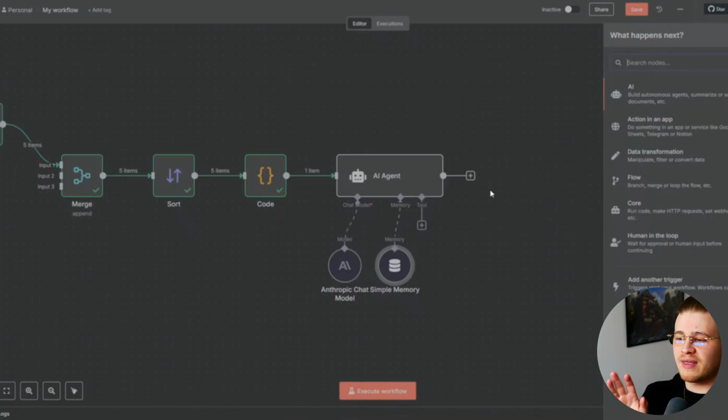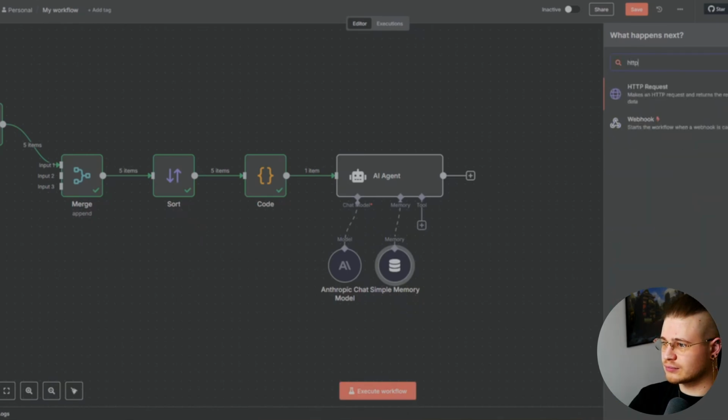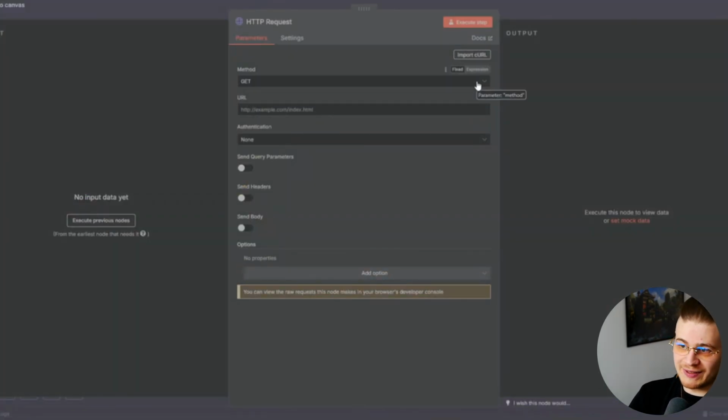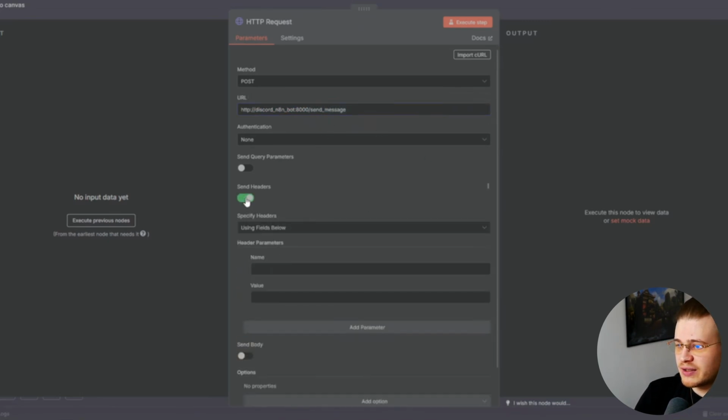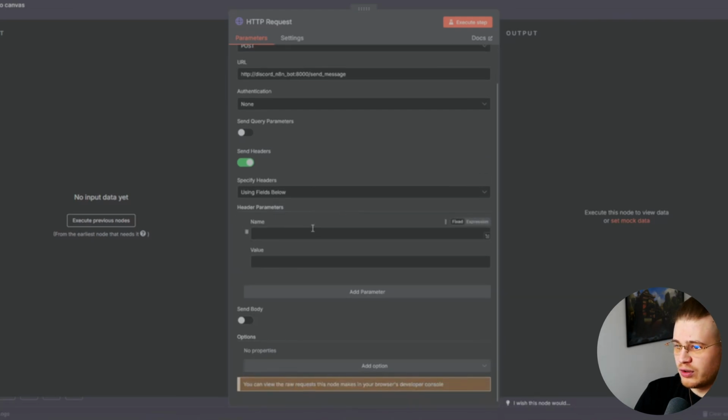And lastly, once the AI made its decision and wants to respond to us, we need to do it through an HTTP request, which is going to send our message to an endpoint, which is the endpoint we configured in our code. So again, because we send data, we're going to use a POST. For the URL, we're going to use the service name that we used in the Docker Compose, the port, and the endpoint you configured. For me, it's the send message. Authentication, none. Send headers, yes. And we're going to use the